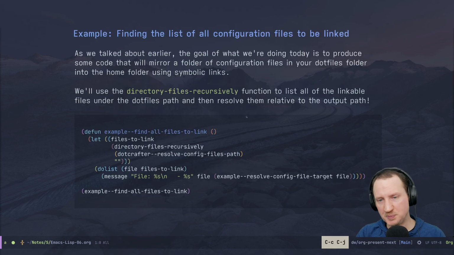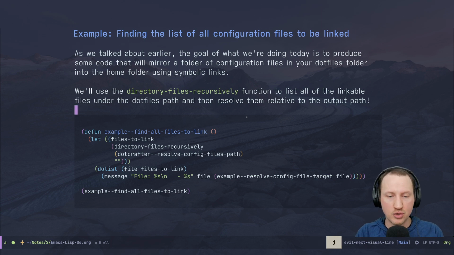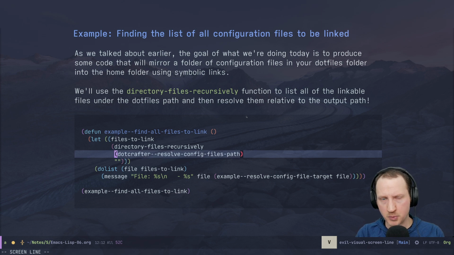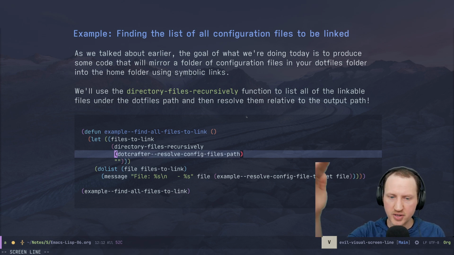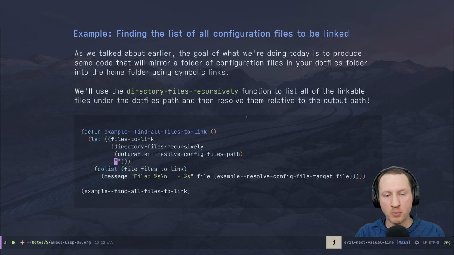Hopefully that was useful. All right, so now we're actually going to use this to find the list of all configuration files that need to be linked. Luckily this time we don't need to establish any new variables because we have everything we need up until this point. This function is going to use directory files recursively to look at that resolved configuration files path. So we want to find all the files under this config files path. And we're not going to use any specific filter. We're required to use a filter string here, but we're giving an empty string